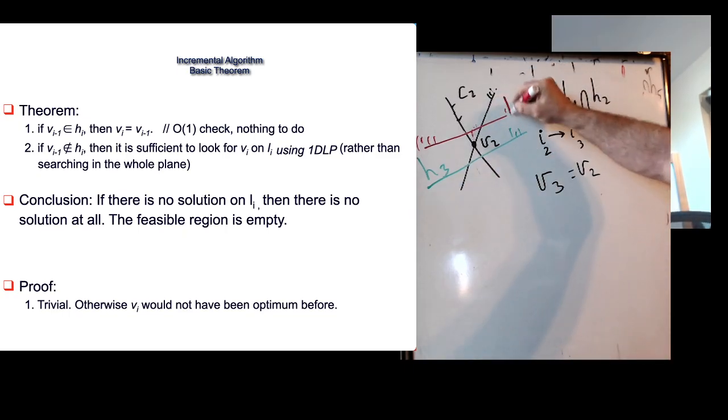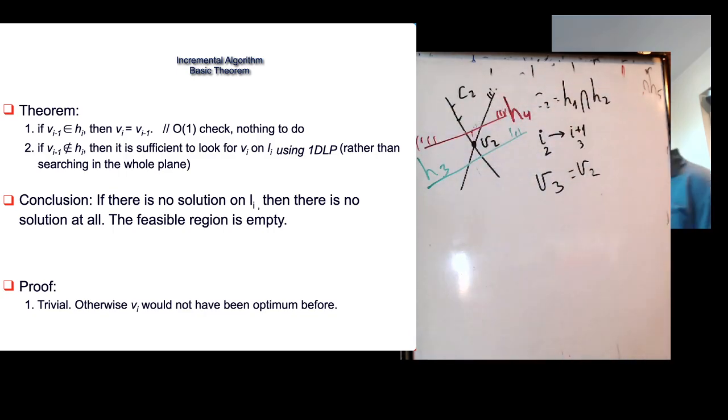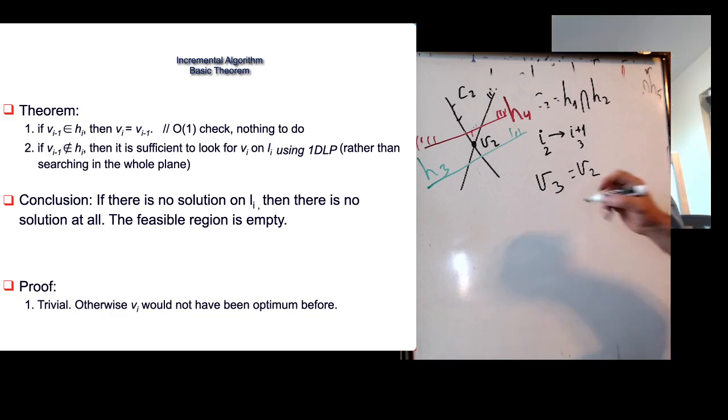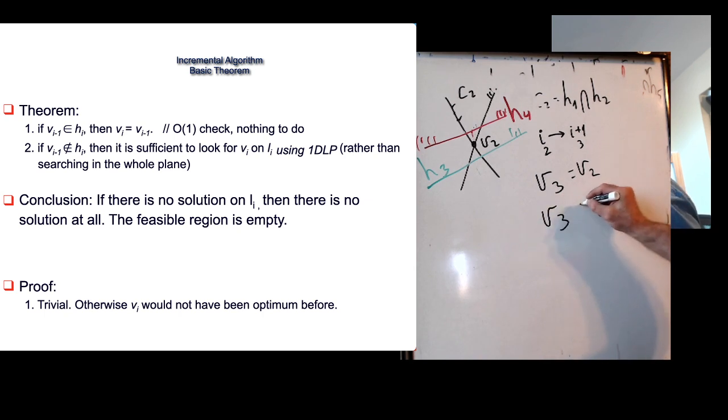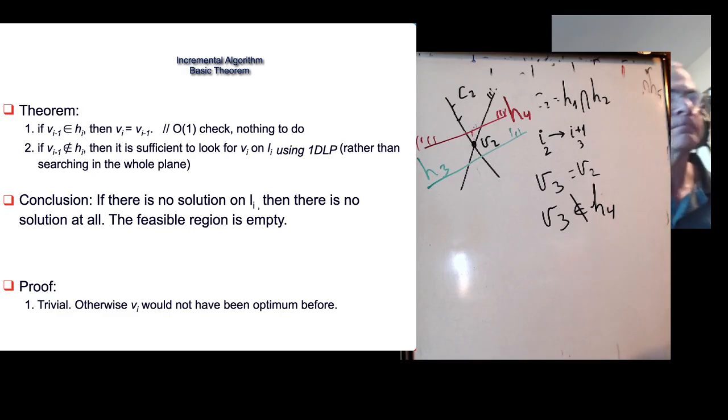Better. Here is H4, all the points which are above this line. And V3 is definitely not in H4. V3 is not in H4. So now it looks like all the work that I've done so far doesn't help me at all. I need to start from scratch. So it's fine that I had a solution to some sub-problem, but now for the big problem, this is not